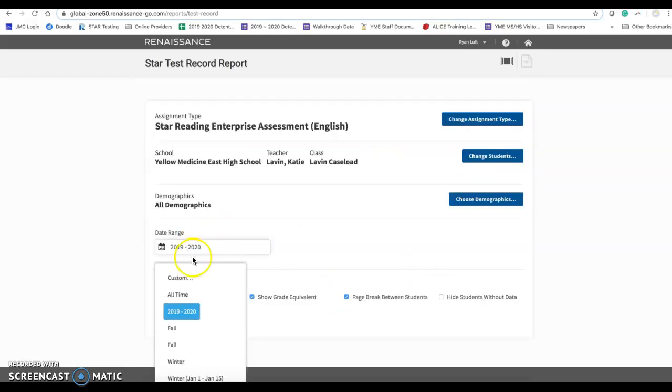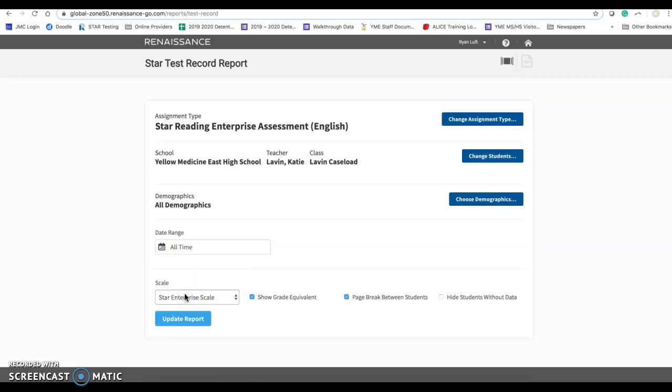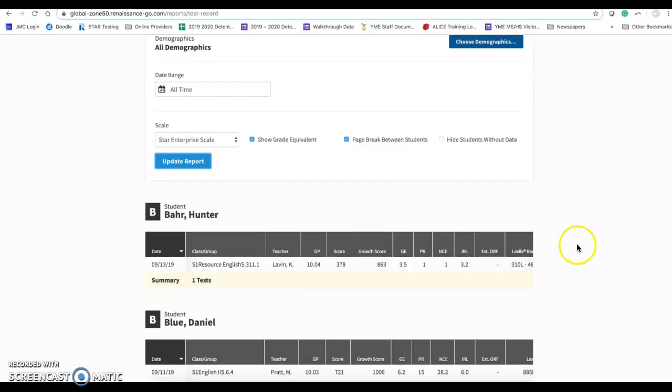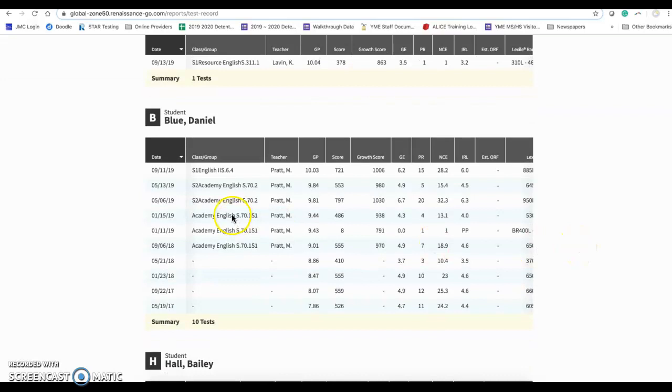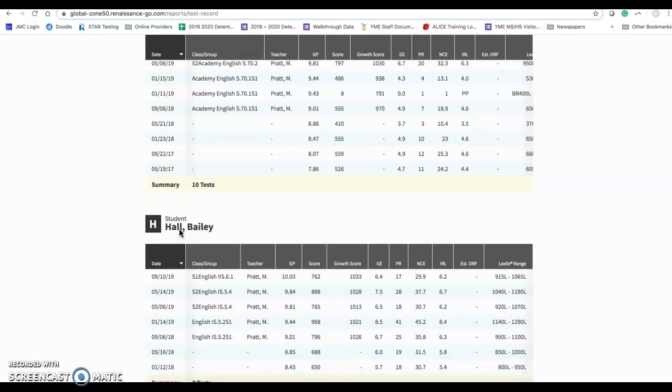This is where you can look at it for every single STAR test that they've ever taken. You go under here, click All Time, and when you click on Update Report, you will see all the reports that they have ever taken, all the STAR tests that they have ever taken since they have been here at